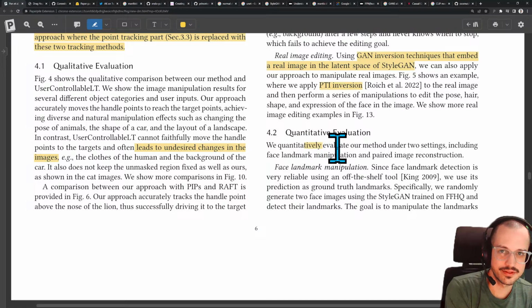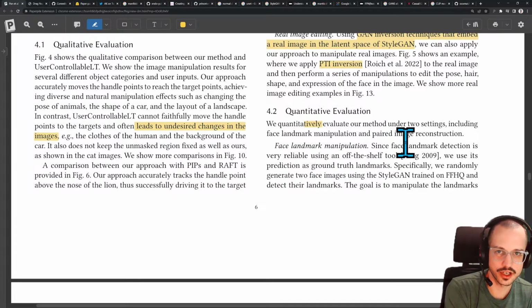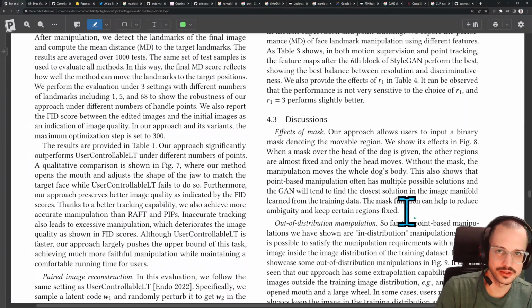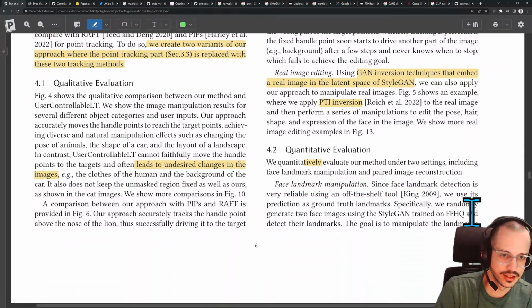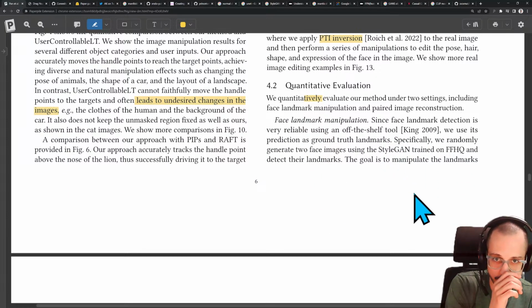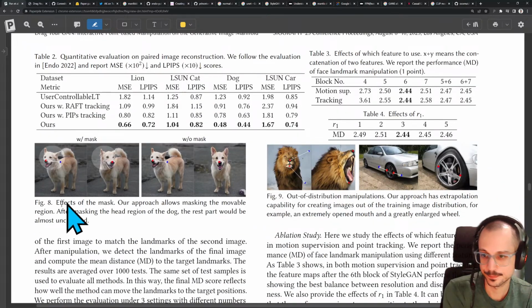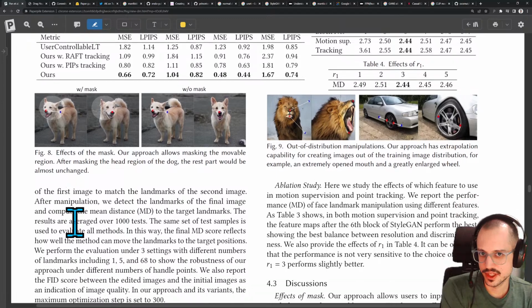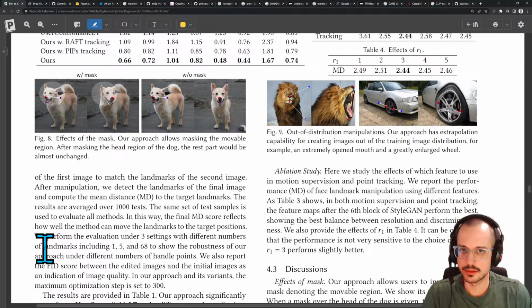We quantitatively evaluate our method under 2 settings, including face landmark manipulation and paired image reconstruction. Face landmark detection is very reliable using an off-the-shelf tool. Look at that, 2009. I was in college in 2009. That's ancient. We randomly use its prediction as ground truth landmarks. Specifically, we randomly generate 2 face images using StyleGAN trained on FFHQ and detect their landmarks. After manipulation, we detect the landmarks of the final image and compute the mean distance to the target landmarks. I don't know if this is necessarily a super good benchmark, to be honest. I feel like it's a little bit sketchy, but